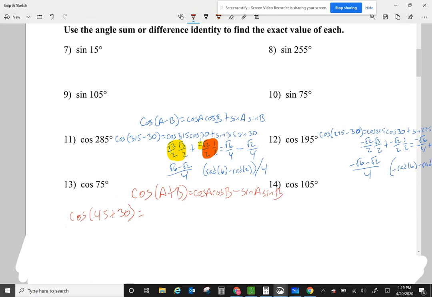Two numbers that added equal 75. And once again, the numbers I can choose are my angles from my unit circle. So according to the formula, I have cosine of 45 times cosine of 30 minus